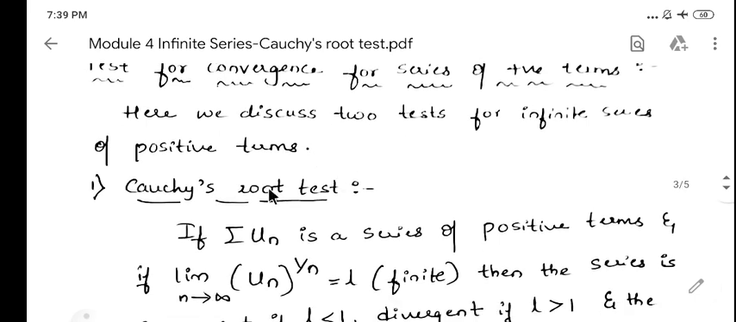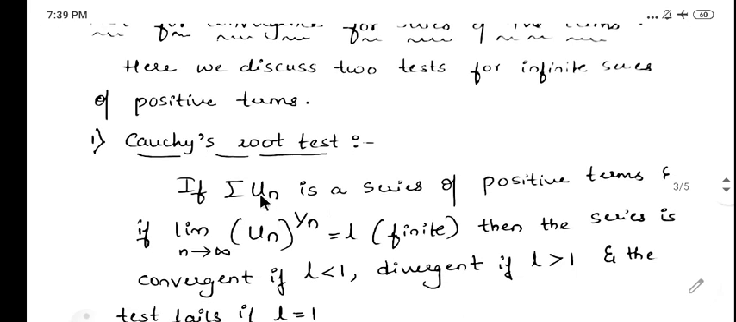The first test is Cauchy's root test and the second one is D'Alembert's ratio test. First we look into Cauchy's root test. If summation un is a series of positive terms and if limit n tends to infinity of un whole to the power 1 by n is equal to L, L being a finite quantity,